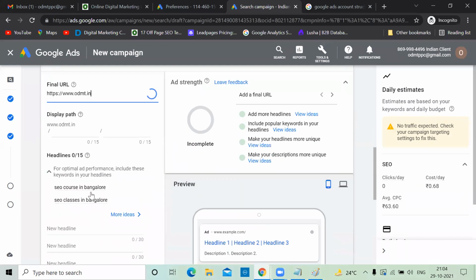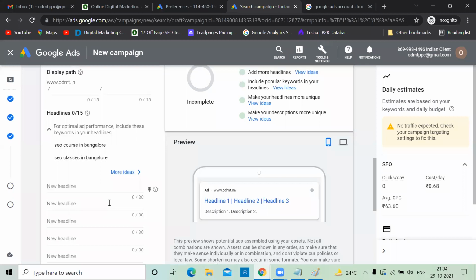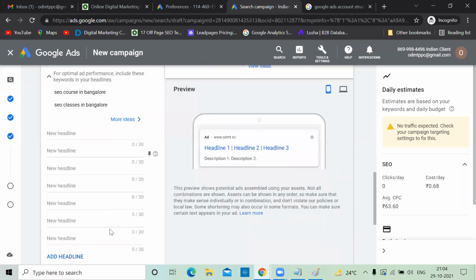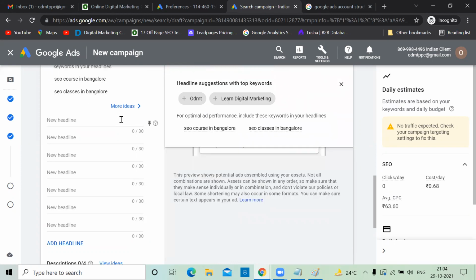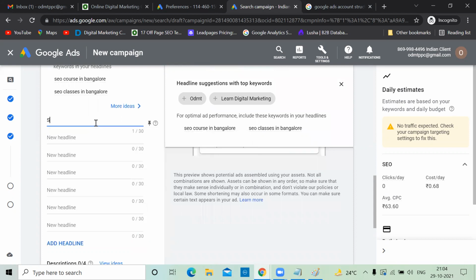Display path, ignore it. Now again, you have to give the ad headlines, 30 characters. As Google uses responsive search ads, try to write many so that Google automatically uses them. So let me take this, SEO course in Bangalore. When you click on this, it automatically comes over here. Okay, I'm writing manually.